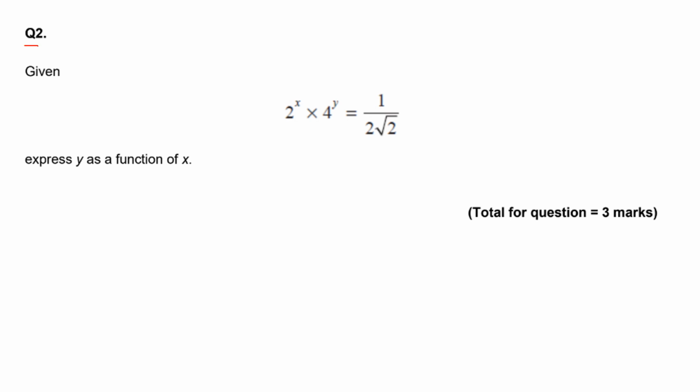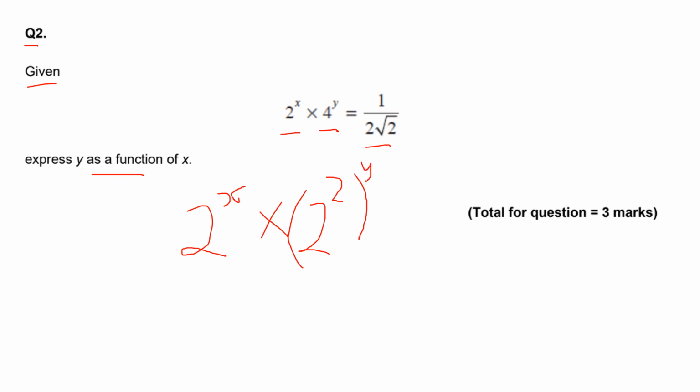The question number 2: given that 2 to the x times 4 to the y equals 1 over 2 root 2, express y as a function of x. Here we're going to write everything as powers of 2, or base 2. We have 2 to the x. 4 can be written as 2 squared, so we have multiplied by 2 squared to the power of y. And then on the right hand side, we've got equals 1 over 2 root 2, which can be written as 2 to the power of minus